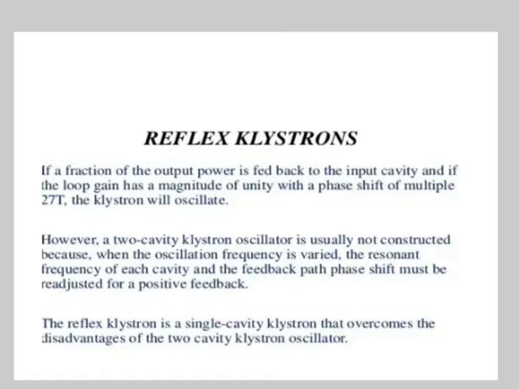So two cavity klystron works on a single frequency. If the frequency is to be varied, then both the cavity resonators should be tuned separately or replaced if the frequency range of the cavity resonator is limited and frequencies outside the resonator range are needed. The reflex klystron is a single cavity klystron which eliminates the disadvantage of two cavity klystron. The reflex klystron is a low power generator of about 10 to 500 milliwatt output at a frequency range of 1 to 25 gigahertz.